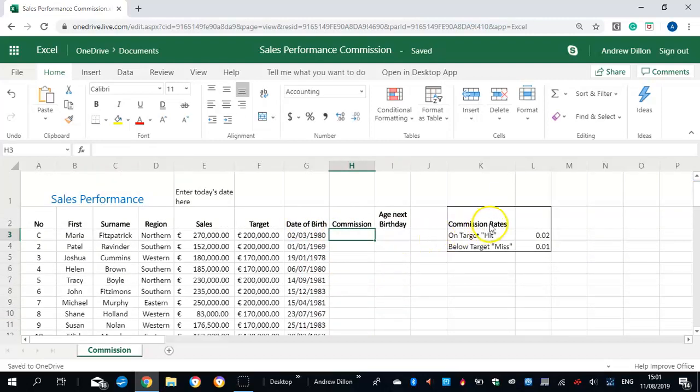Right, the commission rates in this table have a border around them. This will help me get an exact, correct answer for the commission table. So the commission starts off with an if statement. So equals if